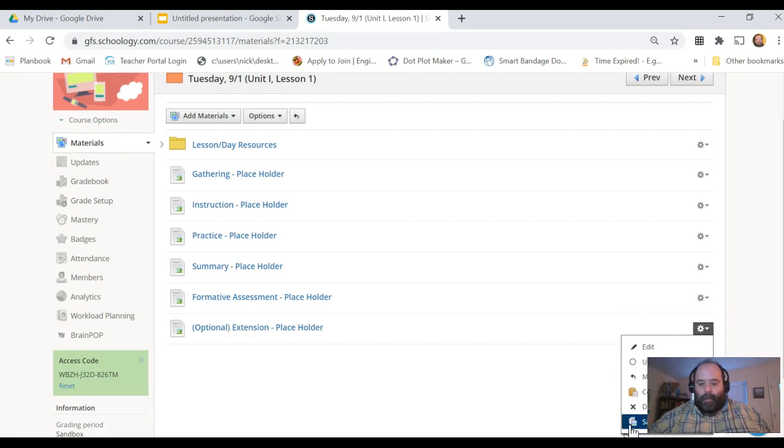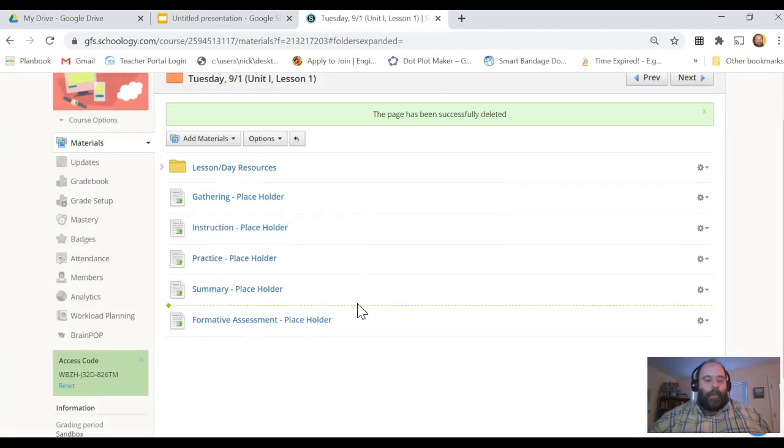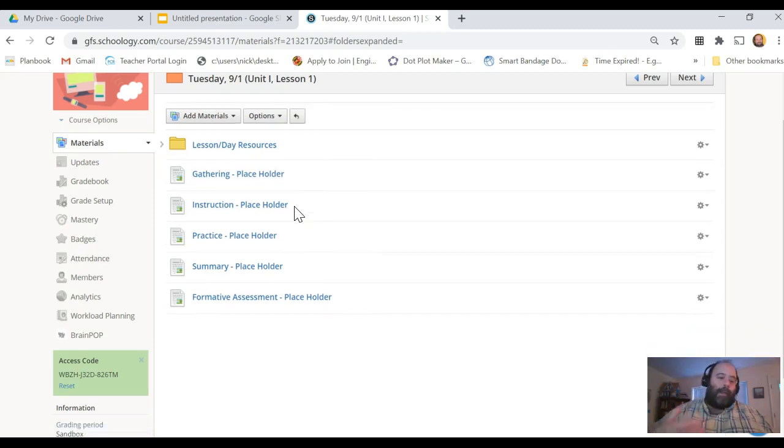So I'm actually going to delete that and take that out. Okay, so I may have like a gathering activity here, which I'm going to either replace this with something and label it as gathering, or it may be like a way to introduce my students to each other. This may be where I put my notes for my direct instruction. I may replace this practice with the practice problems I'm going to use during class,